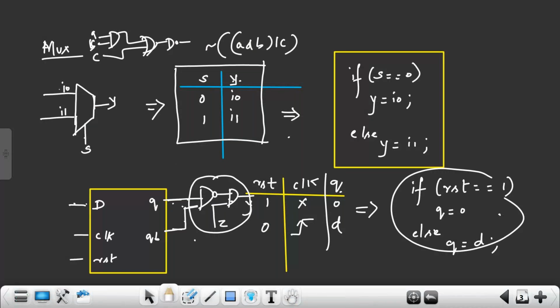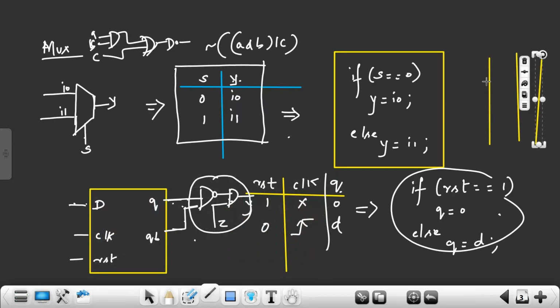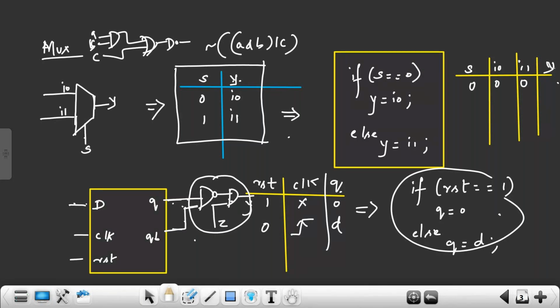For example, we have this mux. For the mux, I'll apply inputs. What are the inputs I have? I have select line, I0, I1, and Y. If all are 0, what is my Y? If the select line is 0, my Y is going to take the value on I0. What is I0? 0. If I have 1, 0, 1, if the select line is 1, my Y is going to take the value on I1. What is I1? Logic 1. So this entire input that I am applying is called a